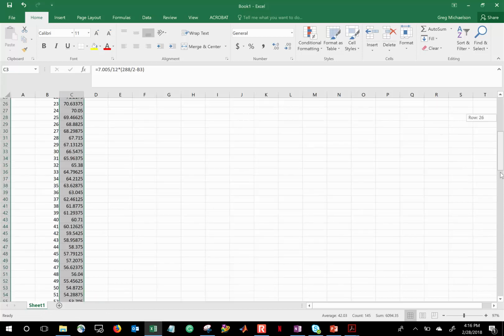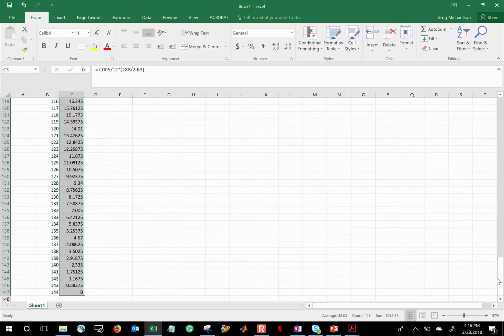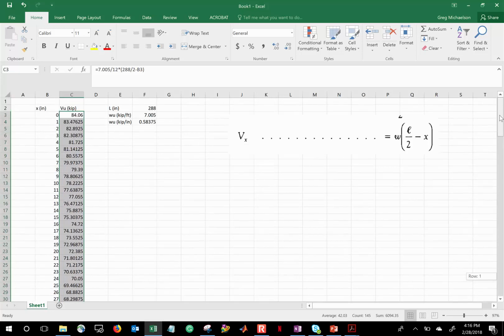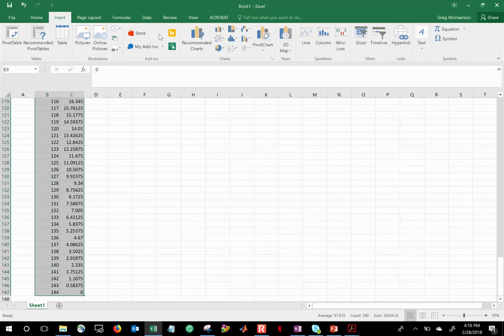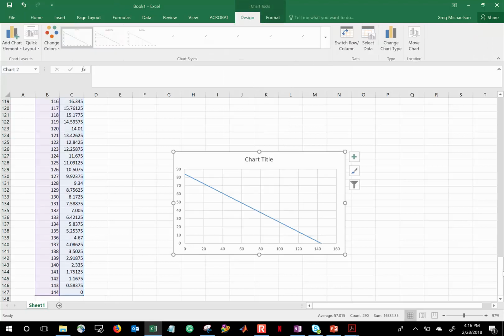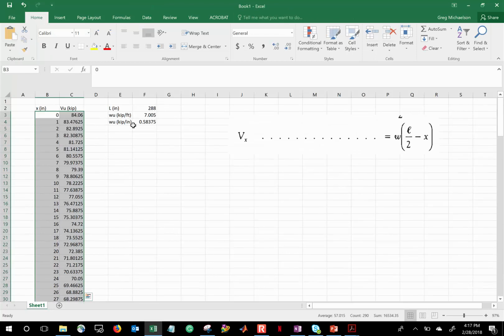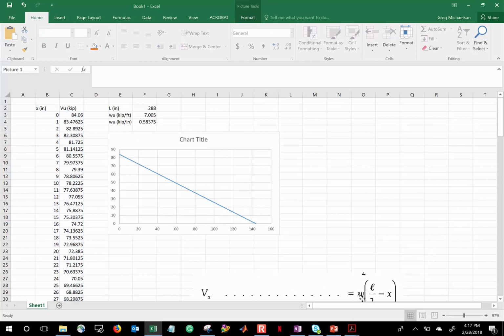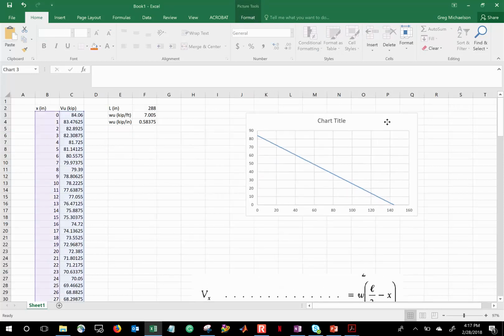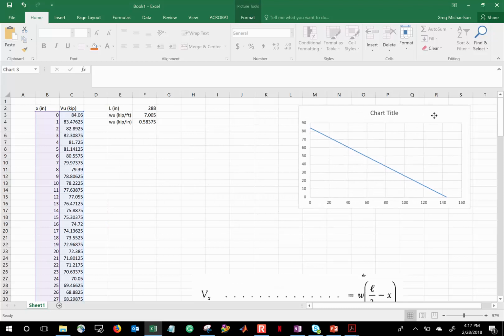Fill that in. Everything looks good. Let's highlight all this and insert a scatter plot. Bam. There is our shear diagram. There's our shear diagram. What I'm now going to do is plot our ranges and our shear